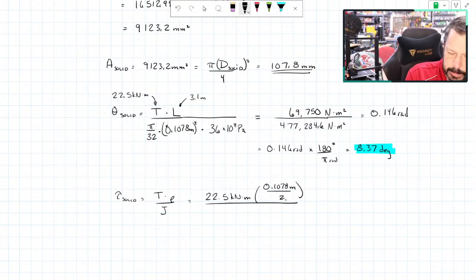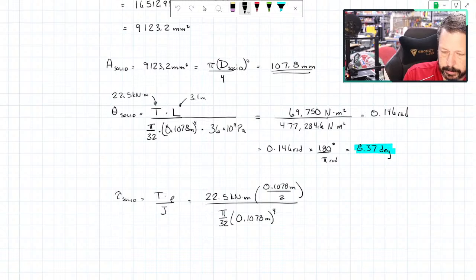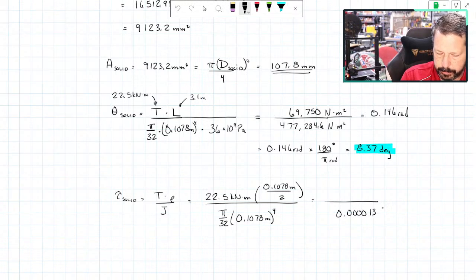And J would be pi over 32, solid diameter, so I don't have an inner part to subtract off, which would be just 0.1078 meters to the fourth. All right, so I think my denominator is 0.401326 meters to the fourth, and my numerator is 22.5 times 1,000